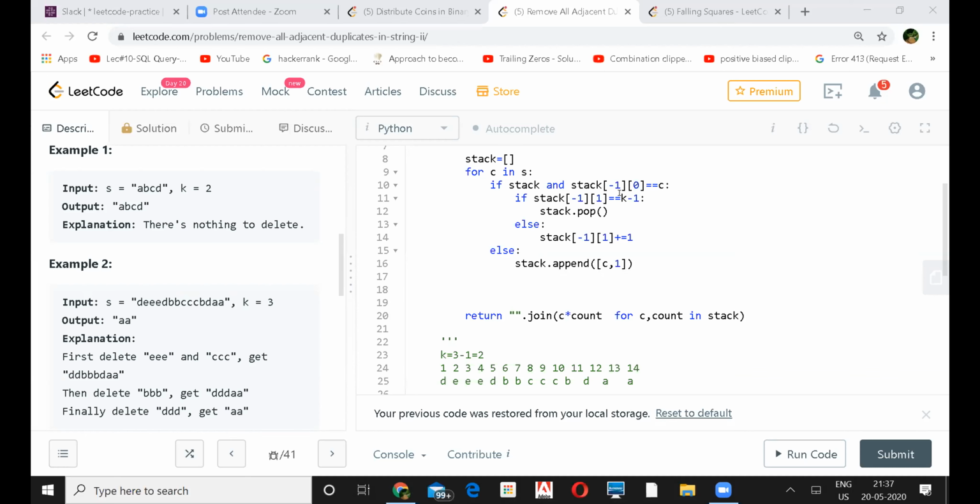Whenever I hit the third time, I don't need to append it. If I find that character with a count of 2, I'll just pop it out, else I'll increase its frequency by 1. And every time you face a new character, just insert it with a count of 1. And at last, whatever is left, you pop it out, repeating that character that many times.